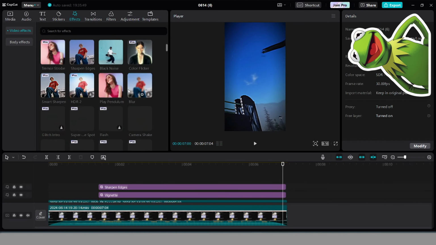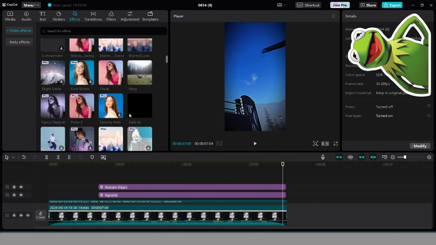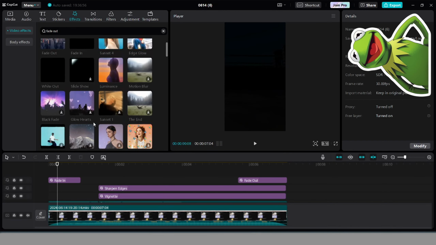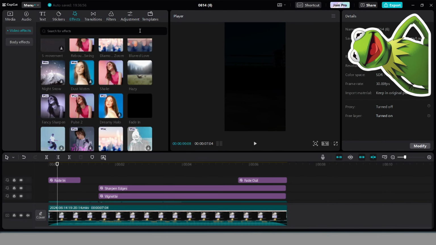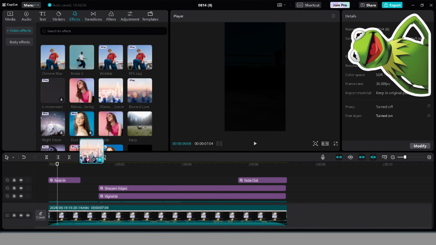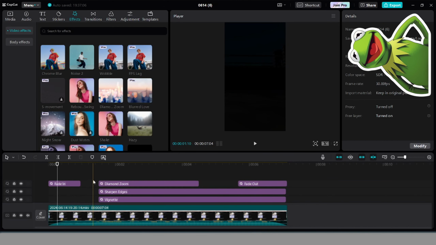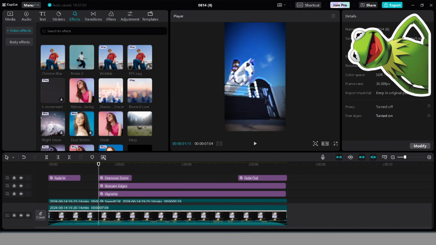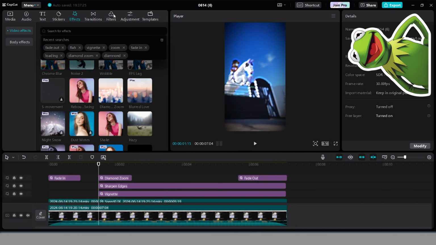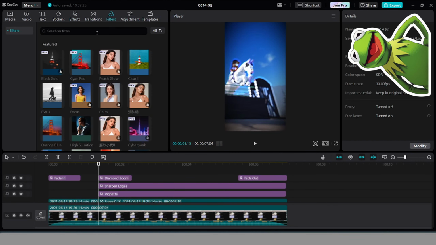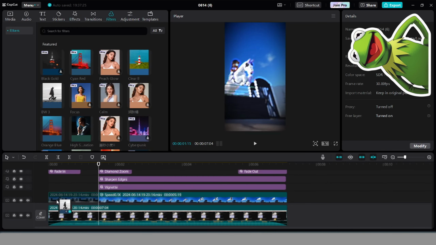Okay, I also like to do fade in and fade out. I also like to use this, I'm not sure what it's called, diamond zoom. I like to use this sometimes. I use it quite a lot actually. I guess pop. I like to do filters on the very first clip, like a dark filter like this one, just so it really looks like